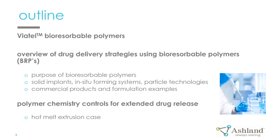With your API, you could combine it into different formulation formats, but what do these actually look like in terms of products on the market today? There are 3 that we'll talk about. These are the 3 that all can be characterized within. And from there, with an understanding of the formulation formats, so what the actual commercial products can look like, we'll take an actual look at the commercial products in the market, some formulation examples, and from there, everyone should understand